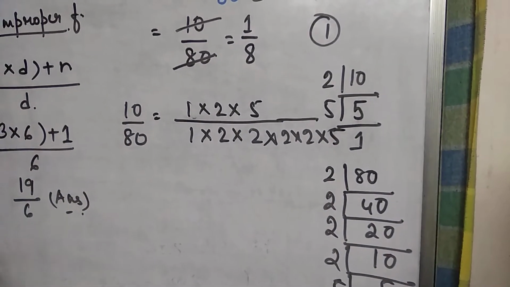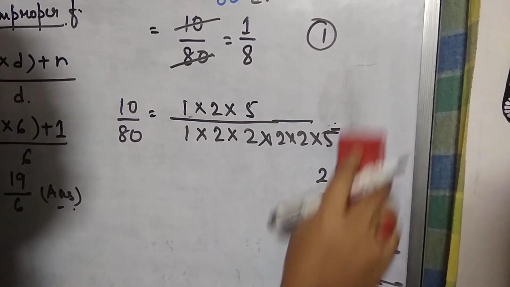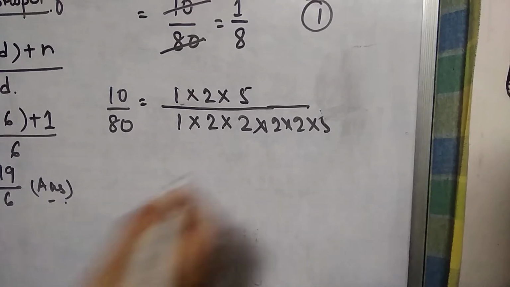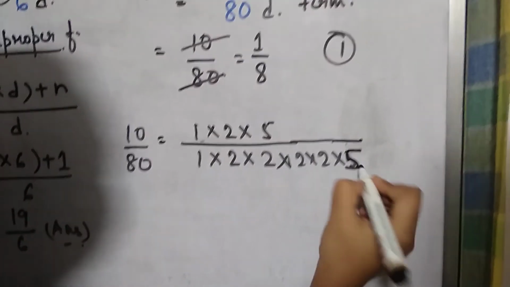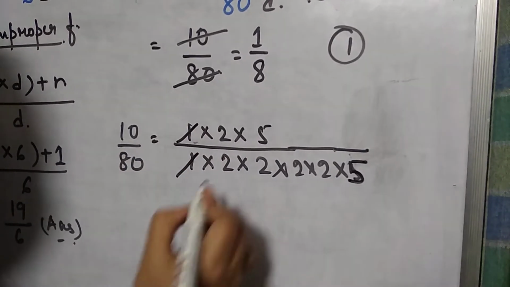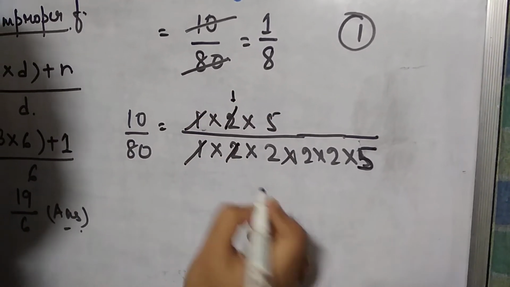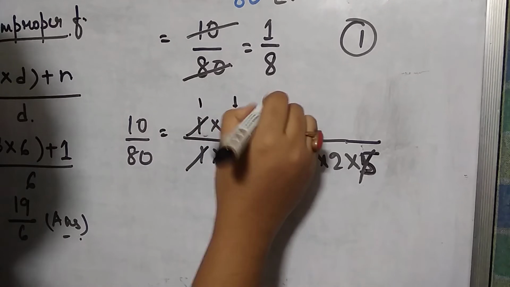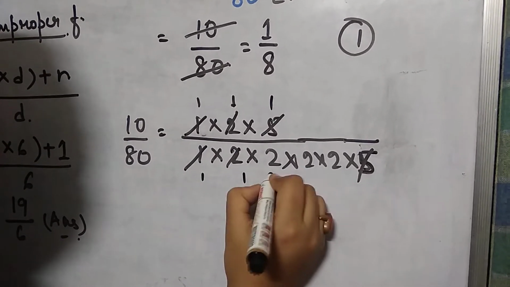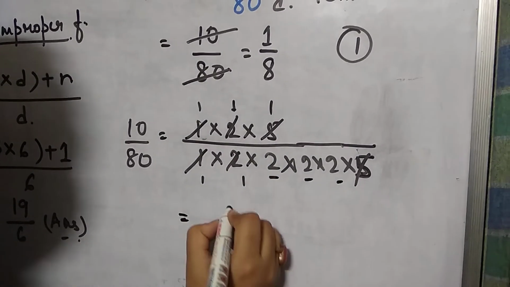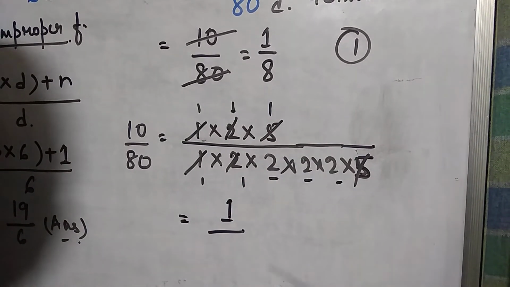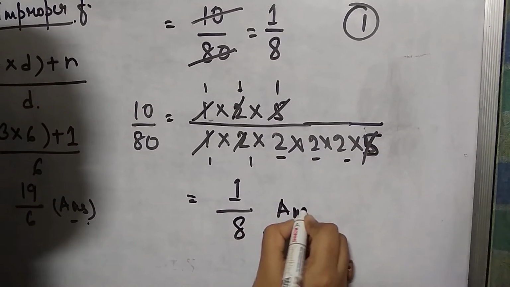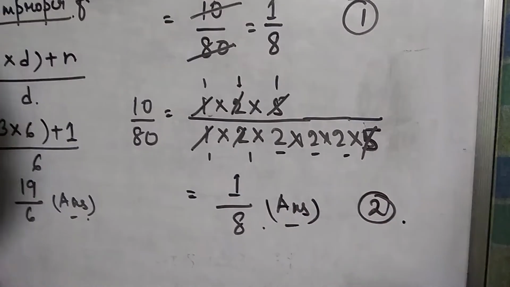So that you can see it clearly, I am going to erase this part. So write it clearly. Here we are going to cancel out: 2 1s are 2, 2 1s are 2, 5 1s are 5 and 5 1s are 5. So 1 is staying there. And other than that, there are 3 2s in a multiplied form. So 1 into 1 into 1 is 1, and 2 into 2 is 4, and into 2 is 8. So the answer will be the same by following both of the methods.